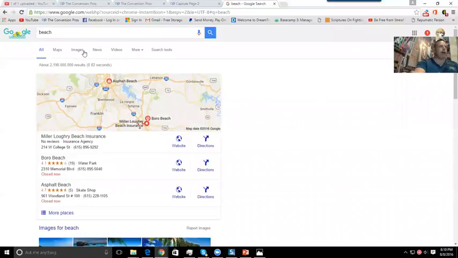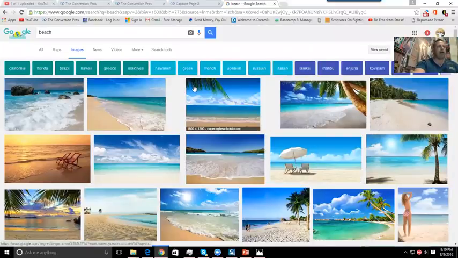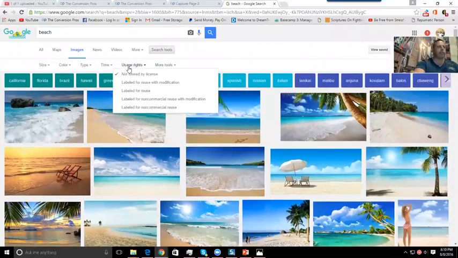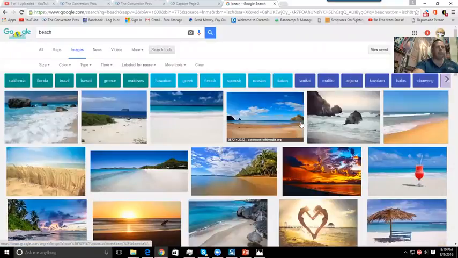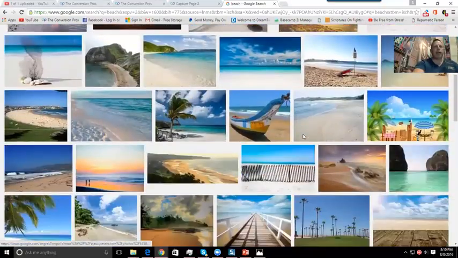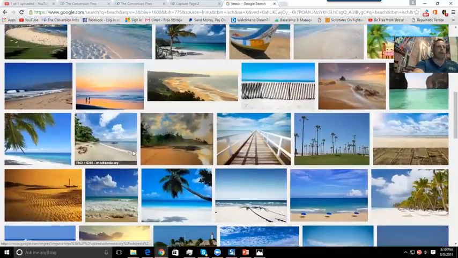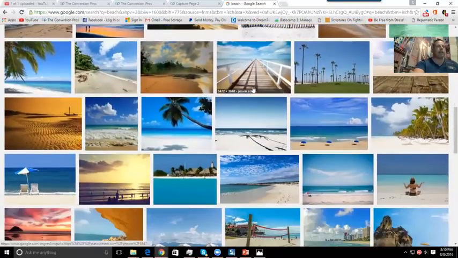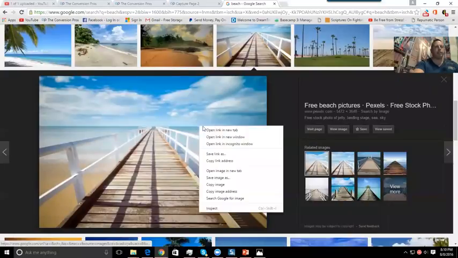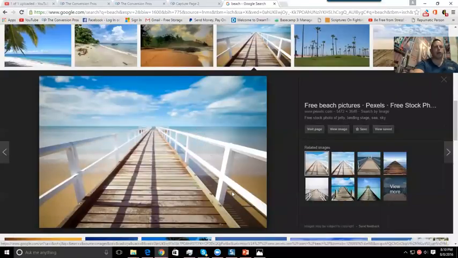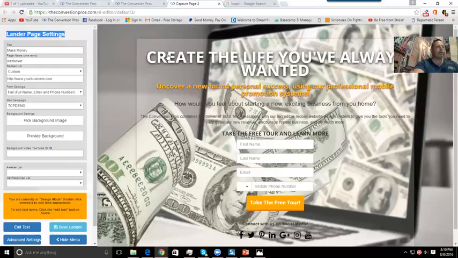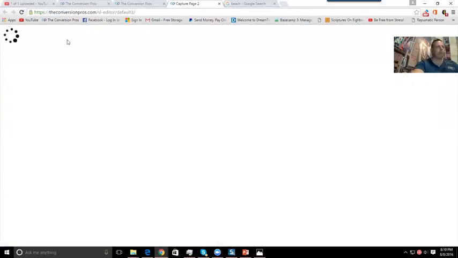All right? You can click on images, okay, and a lot come up, but make sure you look at the usage rights. You don't want to use any copyrighted images, okay? Once I do that, I have all these different images pop up. So let's say I like this here, and I wanted to use this. I can actually right-click on it, copy image address, come back over here, and it says,